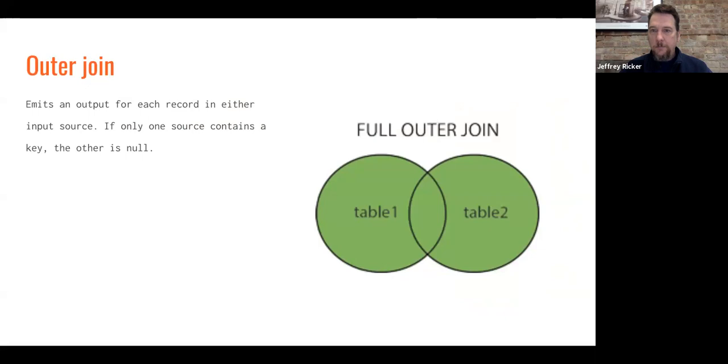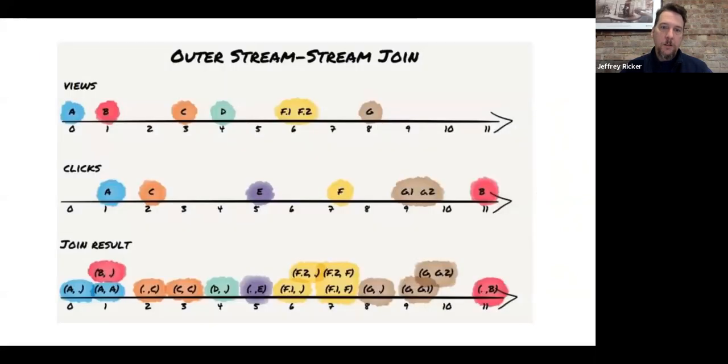And then they're just going to emit nulls on the opposite side if there's no equivalent value. Matching value, joining value, key match value. And so it looks a lot like the left join, except you're emitting events for every single